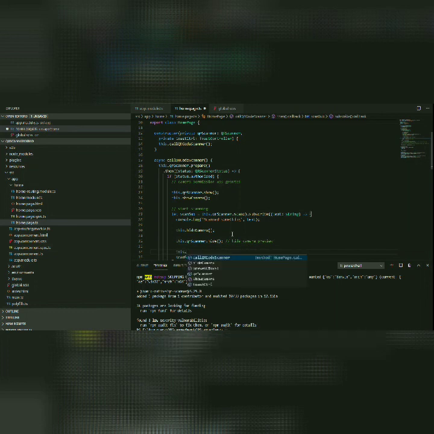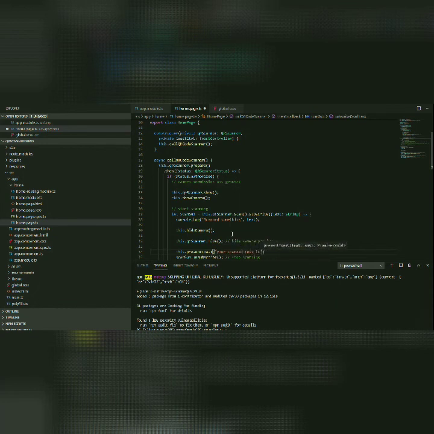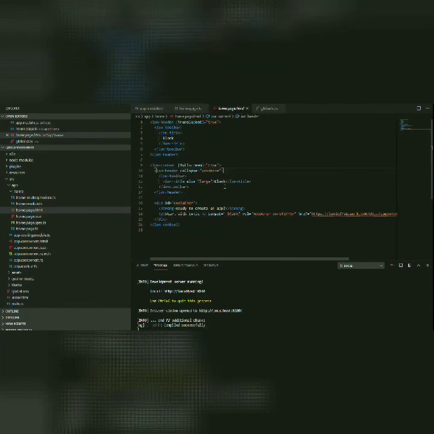So I am going to present toast here with the scanned text. So your scanned text here with the text parameter. This way you can show the scanned text.